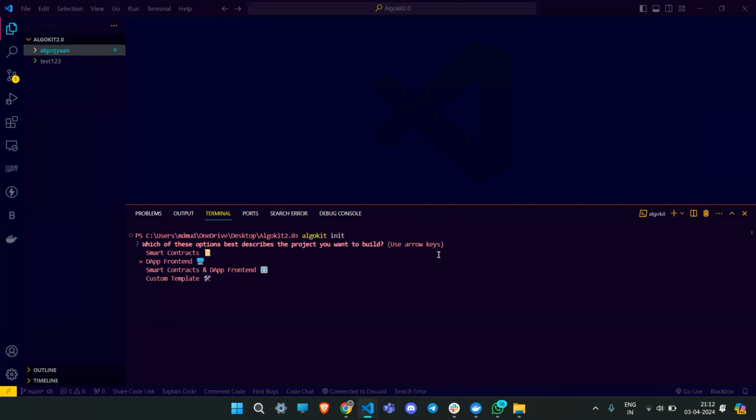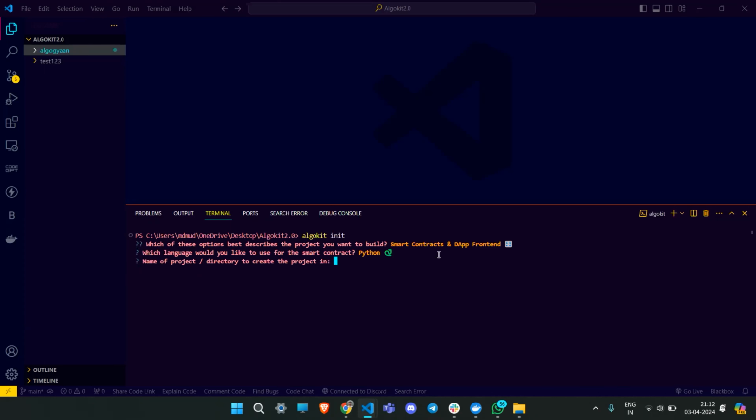I'll choose smart contracts and DApp frontend, so that I have the frontend integrated with our smart contract, and choose Python, and then I'll name it, let's say,